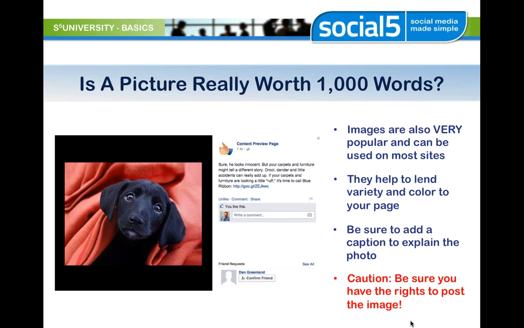But it's easy to make sure you have a license. Either post a picture you've taken yourself, or make sure it's in the public domain before you post it. And if you have an image you'd like to get up on social media but you're not sure how to put the post together, you're welcome to send it over to us, and your writer can take care of it too. We're always happy to do that for you.